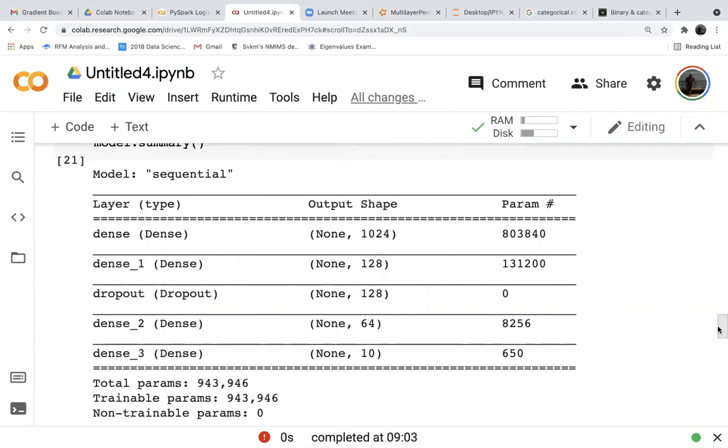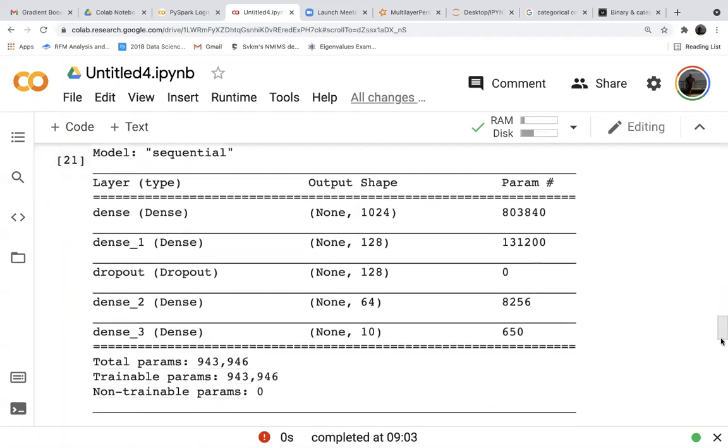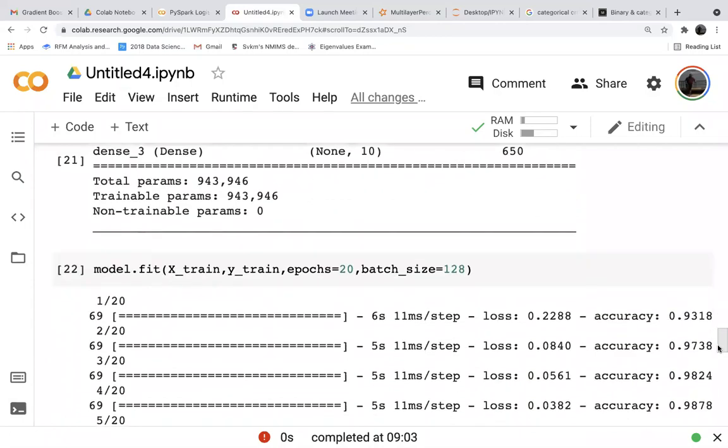So all the results are the same. Okay. 9,43,000, right? Are your weights 9,43,000 or not? Yes, sir, 9,43,000. Then x_train, y_train.